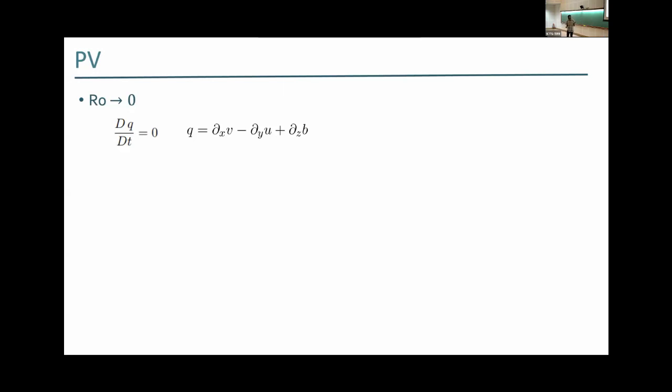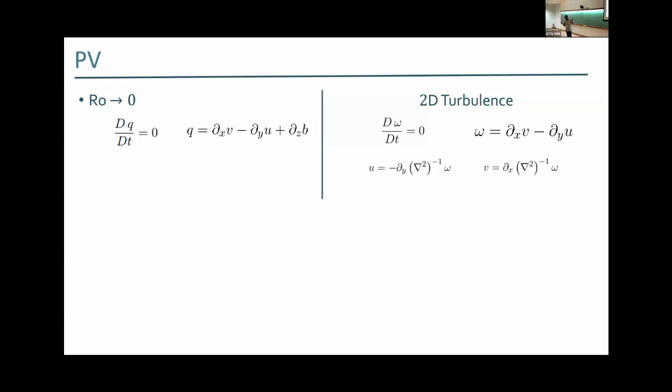Basically, tracer follows the fluid equation. And this is very similar to 2D turbulence, where the vorticity, which is a single component in 2D, follows the fluid in case of non-forcing inviscid 2D turbulence, that is. And the formula for vorticity and potential vorticity looks very similar, except for this buoyancy. And just like in 2D, where if you know a vorticity field, you can get a flow field, in this case, if you know a potential vorticity field, you can get back a flow field, which is in